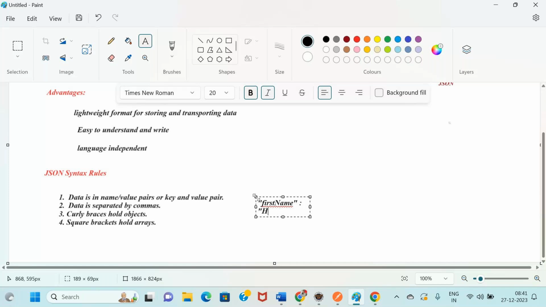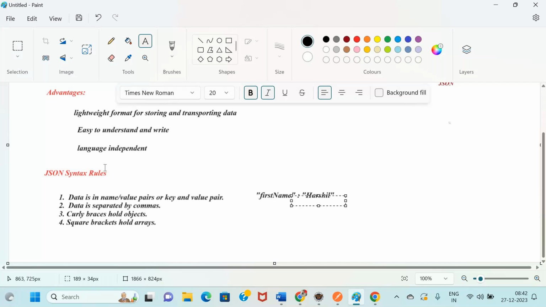This is data in name and value format, meaning key and value format. This is how we need to represent all the data in JSON. Data is separated by commas, meaning first data to second data should be separated by commas.